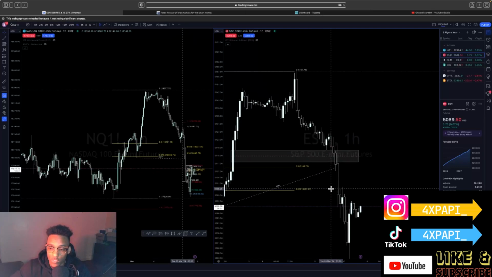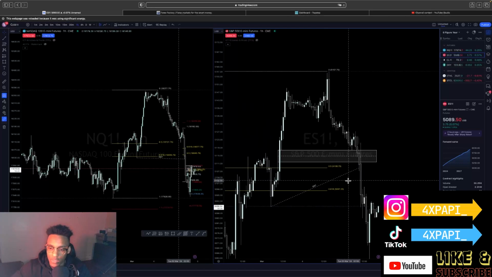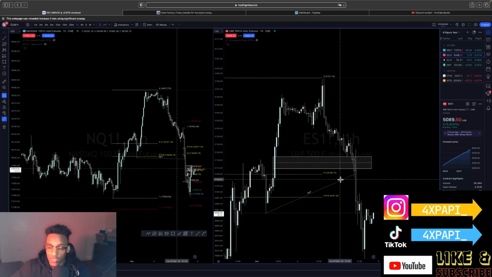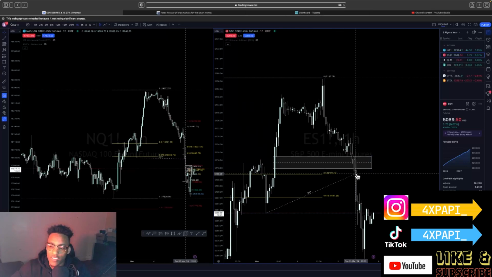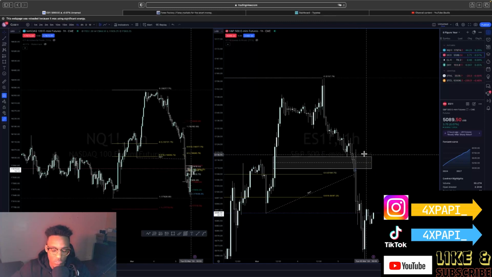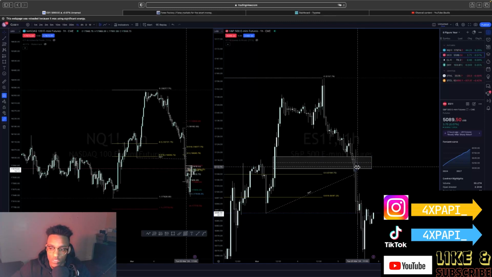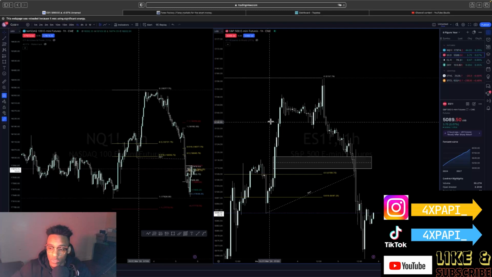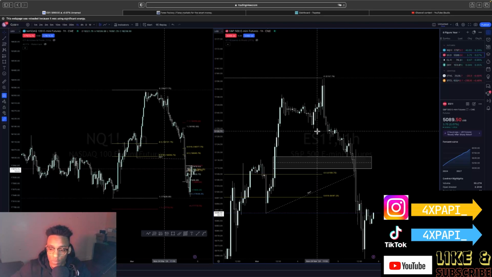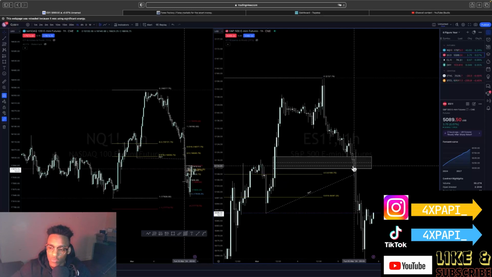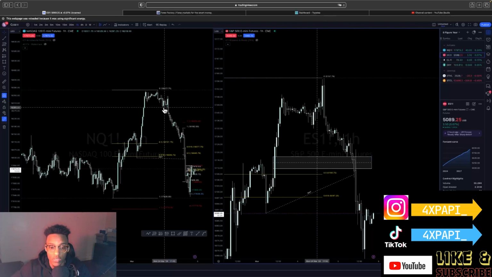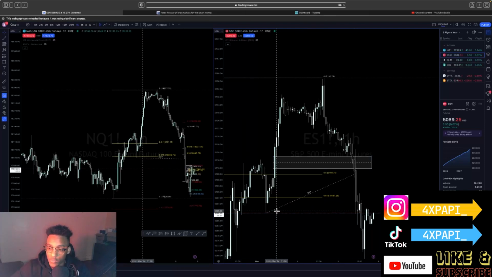What I should have left alone was right here when price closed below the fair value gap, because I've seen where price will close below and then the next candle will close right back above it. And what I was looking at was that price was just pushing up and it was creating displacement back into the range. So I said, okay, well, based on what I've seen before, this could possibly happen. We also have the SMT. So I sort of overlooked this, and I probably shouldn't have, because that's really what probably led to this loss. But that's part of trading and just being transparent.